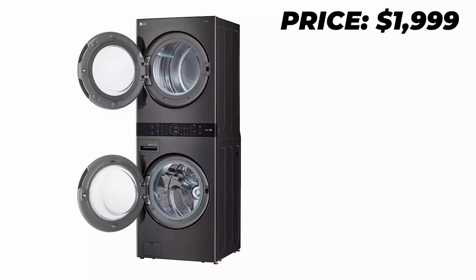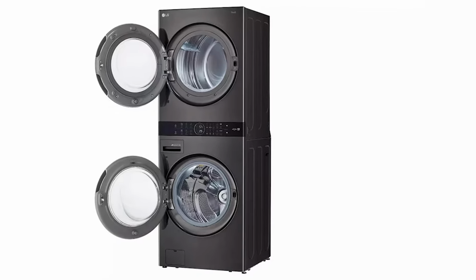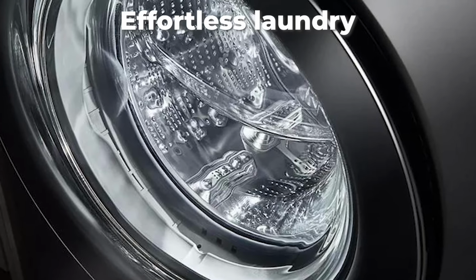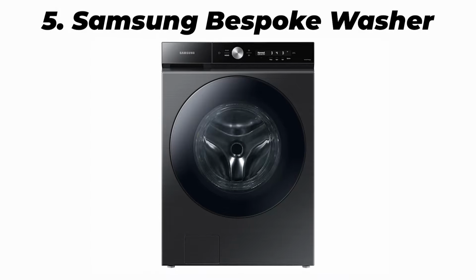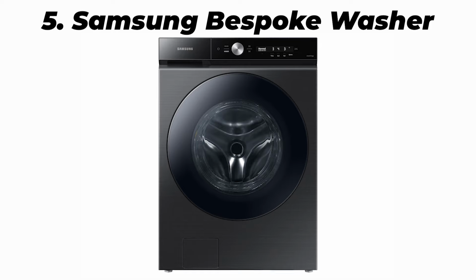At $1,999, the LG WashTower is the perfect pick for anyone who wants smart features, lightning-fast cycles, and effortless laundry in a compact design. Our number 5 ranked washing machine is the Samsung Bespoke 5.3 cubic feet Ultra Capacity Smart Front